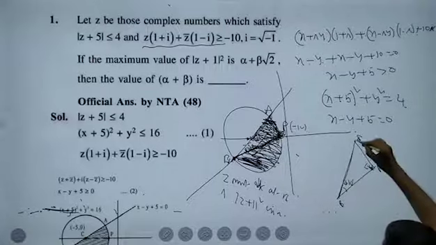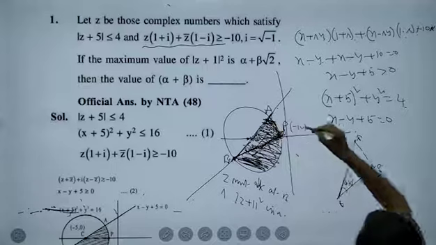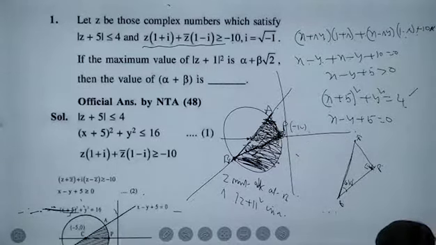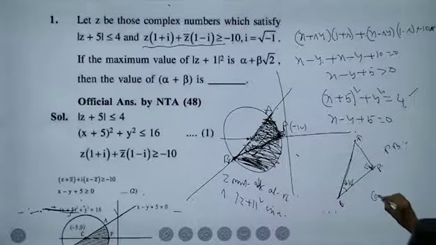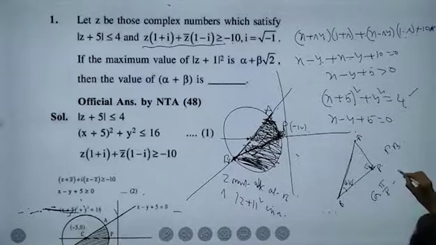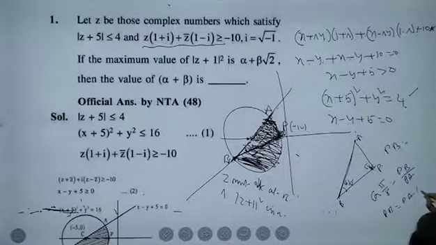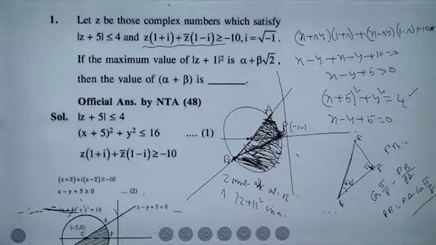We can find out AB. AB is nothing but what? Diameter. Therefore, your PB is equal to what? Cos of pi/8 is equal to PB by PA. So PB is equal to PA cos pi/8. You need not solve. You can find it like that. So if you are a little bit intelligent, you can think like that. You need not solve it. Yes, understood?